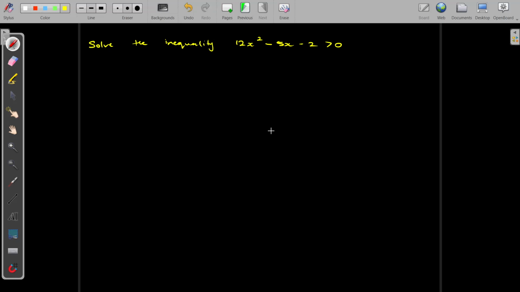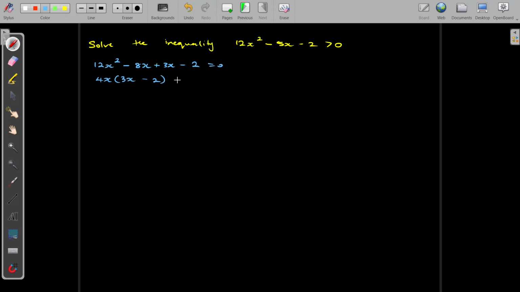So we can quickly deduce our factors and our critical values. So we're going to just apply the AC method to that. So that's 24, so that's 8 and 3. So 12x squared minus 8x plus 3x minus 2 equals 0. So we say 4x, then we get